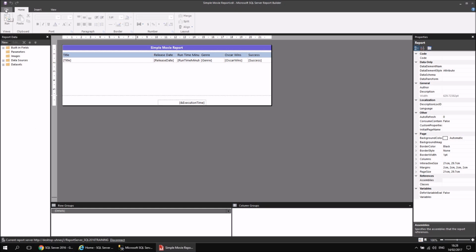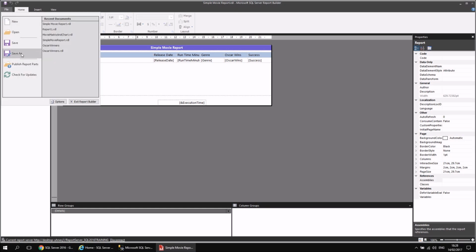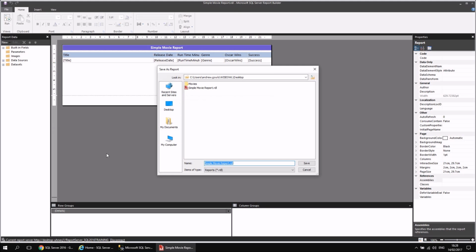So if I head back to the File menu now, and if I choose Save As rather than Save, I'm currently pointing to my desktop folder where I opened the report from. But if I choose this link here that says Recent Sites and Servers, what I should then be able to do is select this report server from the list. So if I double-click that report server, I can then just simply paste or save my file in there by